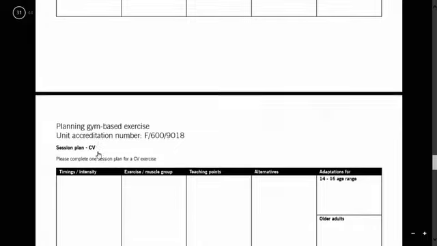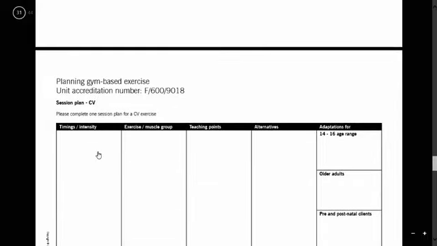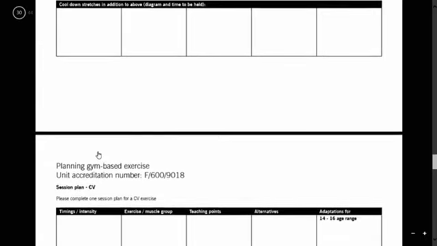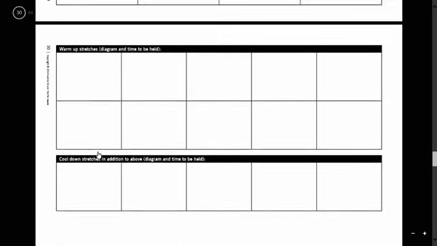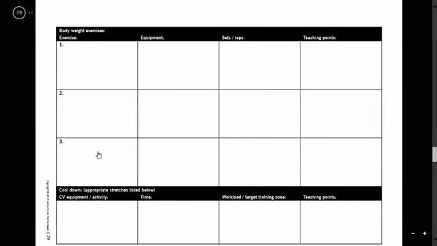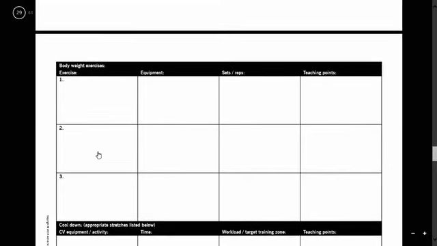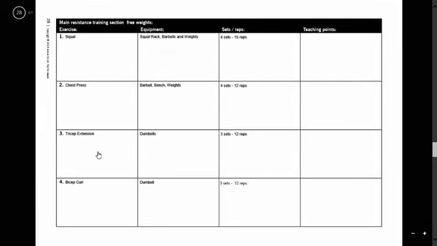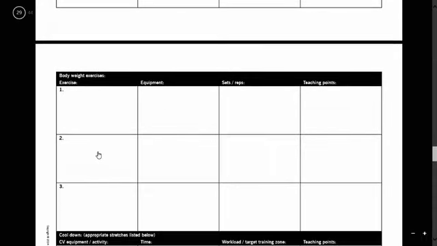After you've completed that section, we'll then look at breaking down some of those from the overview. We'll look at going down here and breaking down some stuff into a lot more detail. But for the overview, remember those key points. Remember the order, especially, that the exercises need to be. You need to have the biggest muscle group first, then the next smaller, then the next smaller, then the smallest. You need to have all the equipment detailed in there for each different exercise. Sets and reps need to be in, and you need to have at least 3 teaching points for every exercise that you've chosen. Hope that's been helpful.